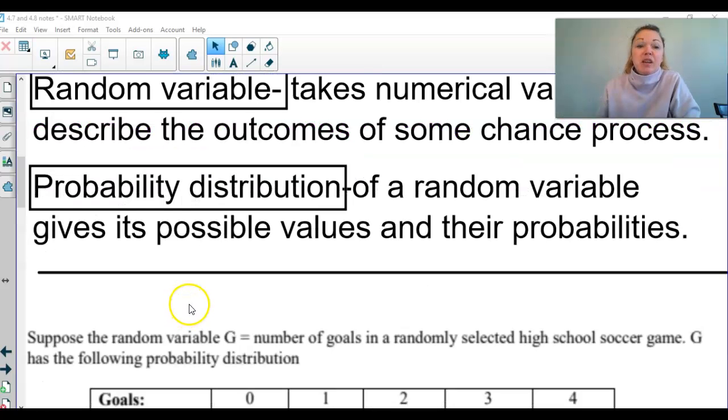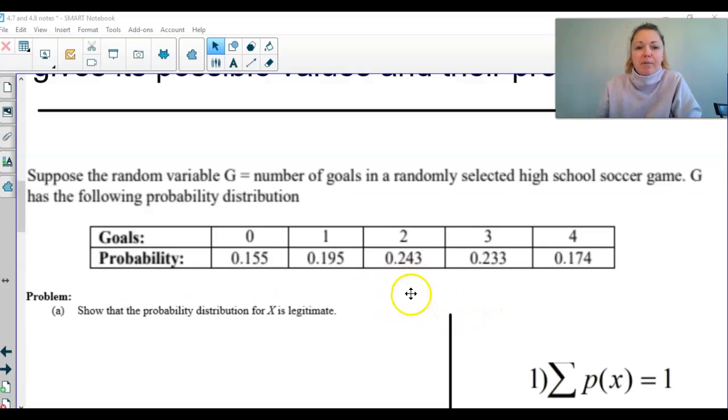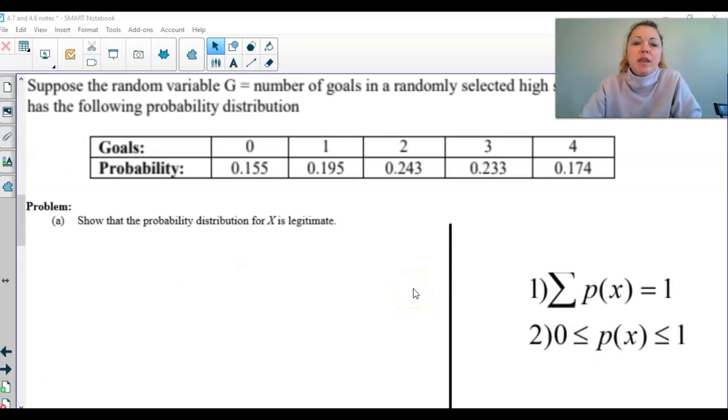Here is a distribution of a random variable. Suppose the random variable G equals the number of goals in a randomly selected high school soccer game. G has the following probability distribution: 0, 1, 2, 3, and 4, with the probabilities associated with it right under there. Part A says show that the probability distribution for X, it should say G, I changed the problem, is